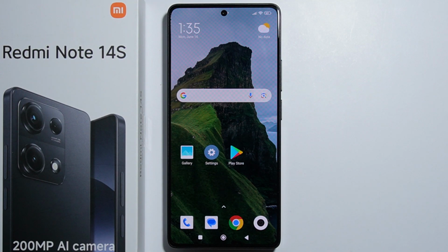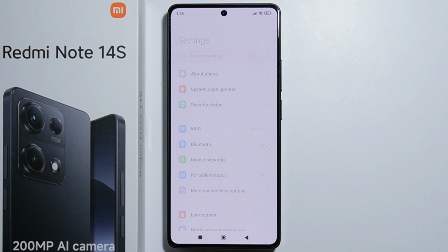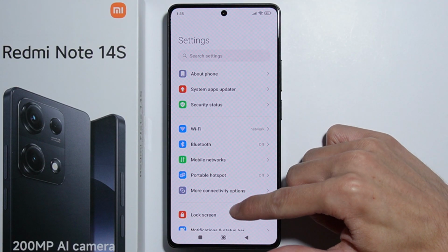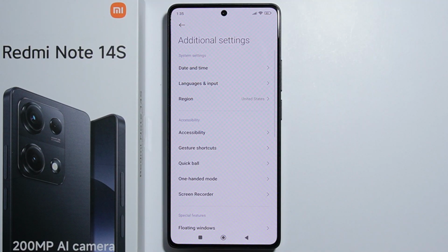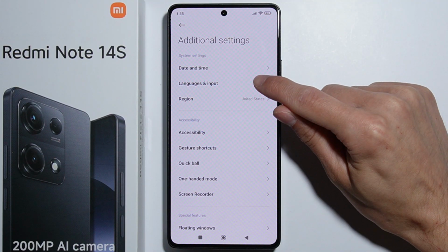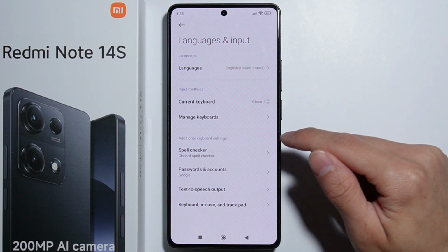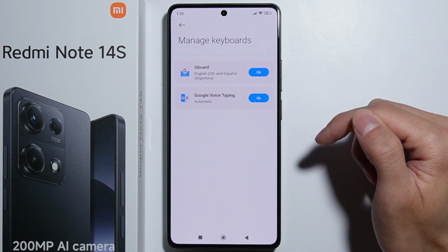To change keyboard theme on a Redmi Note 14s, first you will have to go into the settings. From here you will have to scroll all the way down and go for the additional settings. Next you will have to go for the languages and input, then go for the manage keyboards, and from here